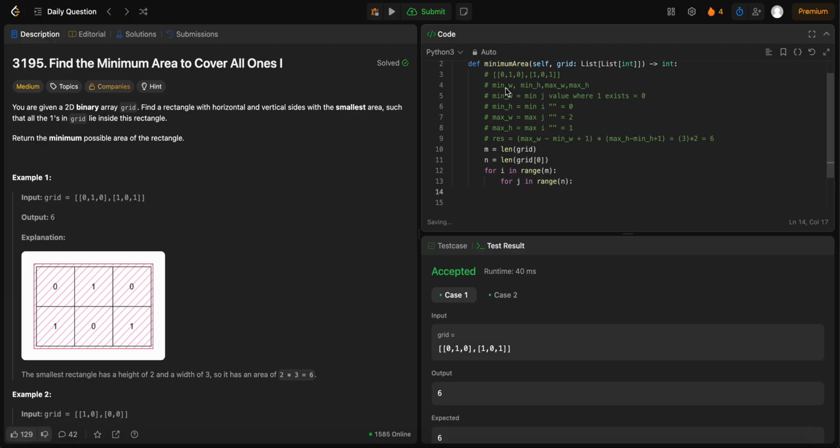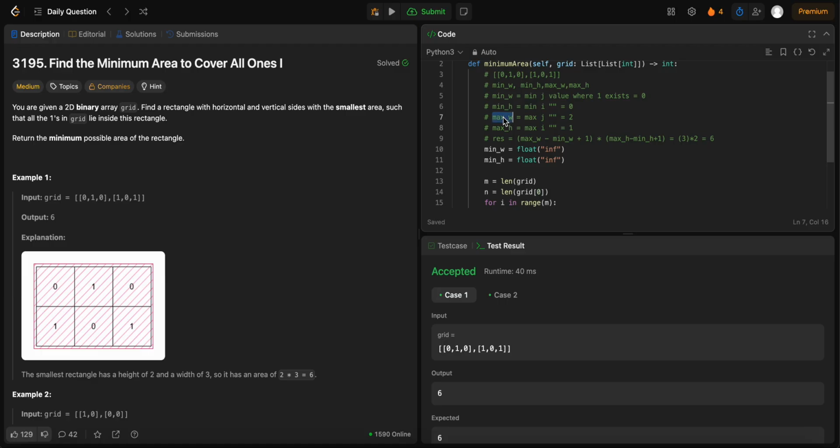And let's define these variables as well. So since this is min, let's define it with infinity, a very high number or whatever. And let's have the same for min h,